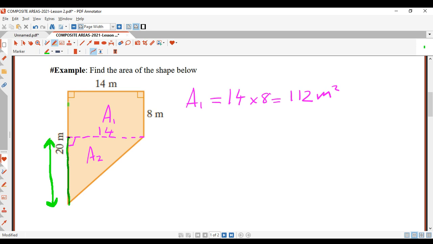Okay, now we know that all the way, so if I just use a different color here, we know that from the top to the bottom, it is 20. Okay, but we also know that if this is 8 meters here,